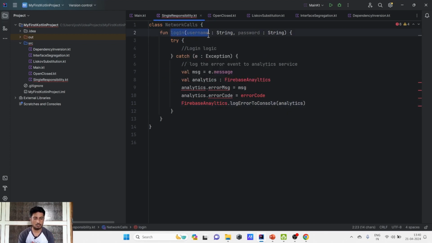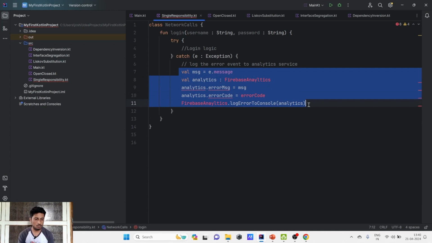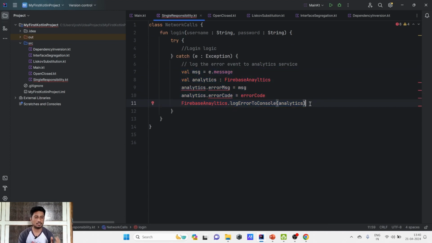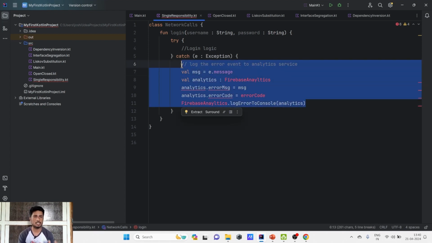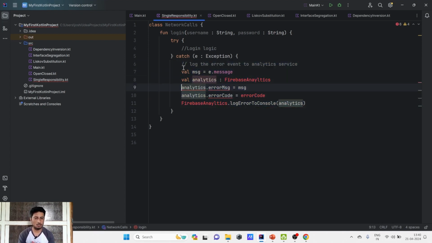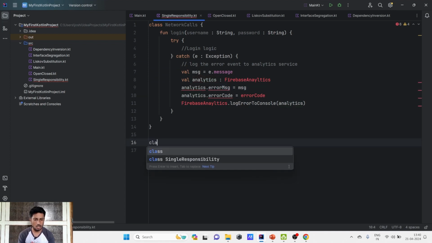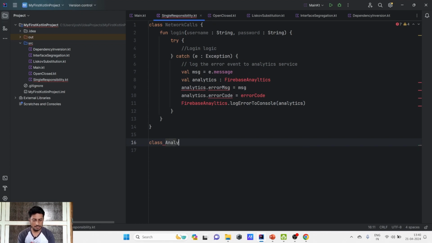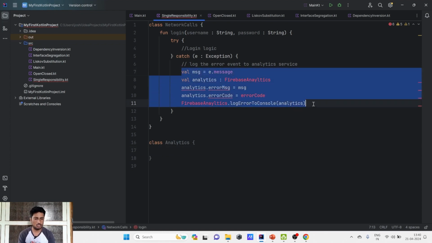First one is network calls. Login is the network call, and if that network call fails, then it also has to do the thing of logging the particular event to the Firebase console. So this is a violation of the first principle, single responsibility principle. To avoid this violation, what we can do is create a separate class named Analytics, and we can put all this logic inside